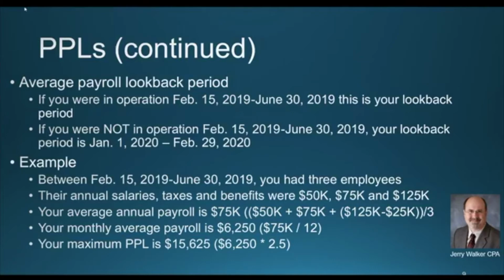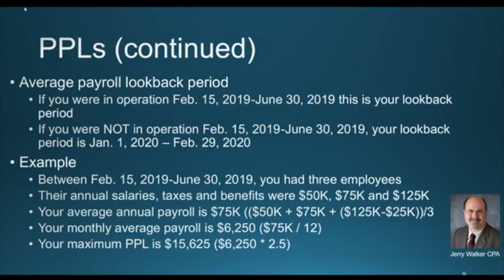So if you were open as a church a year ago, then you'll have to use February 15th, 2019 through June 30th, 2019 as your look back period. You would calculate how much your payroll costs were during that time period, which is 4.5 months. You'd then take the total and divide it by 4.5 months, and that would be your average monthly payroll for those